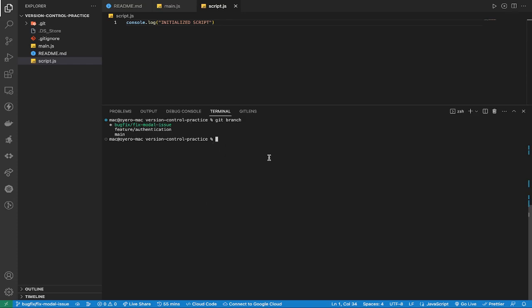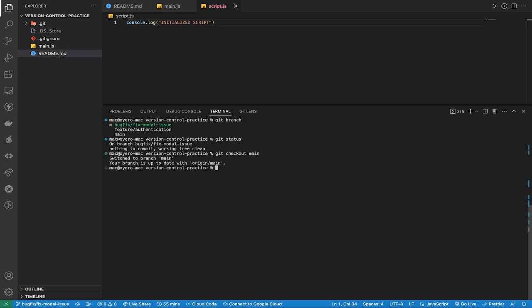You can also delete this bug fix branch from our local, or if you don't want to delete it, the better alternative would be to pull changes from your remote origin. If I do git status, it says on my branch there is nothing to commit. Let me check out to my main branch. So I checked out to my main branch already, and now let me do my git status again. Okay, if I do git pull,